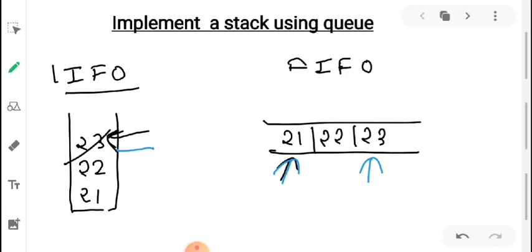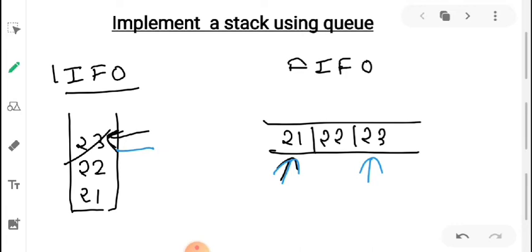So that's what we want to implement. I hope it's clear now, because whatever operation is taking place in the stack, we want to implement the same operation with the same flow by using queues.